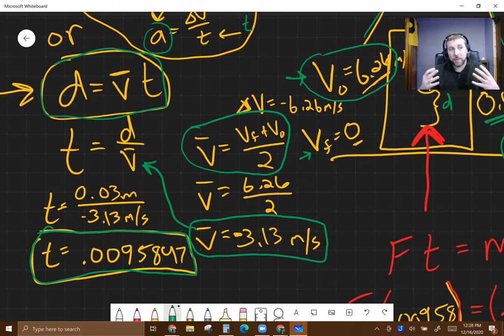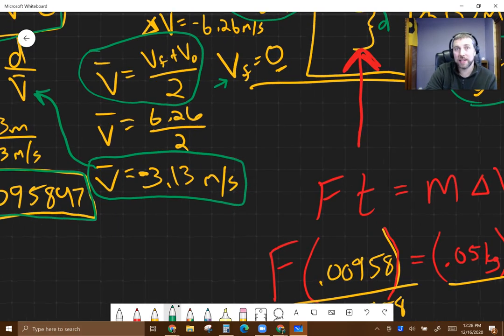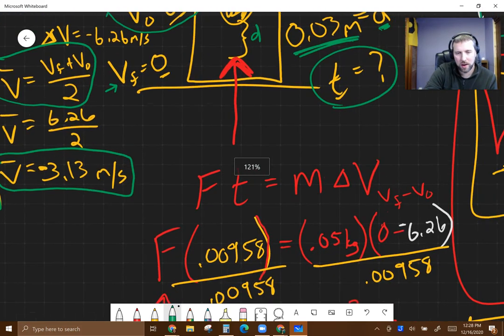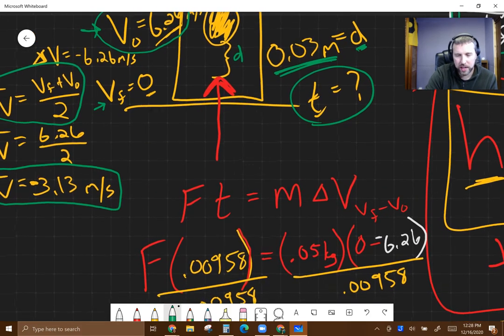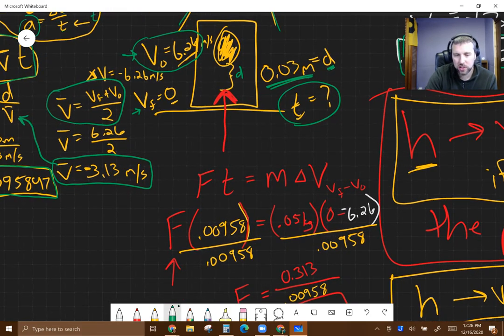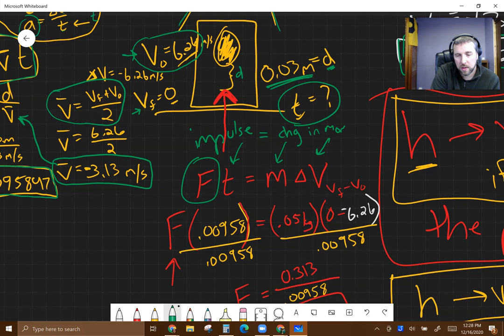Okay, so now we have a time. That's how long the crash lasted, right? To go from that velocity down to 0. And we're hoping it's not going to bounce, because if it bounces, that's going to be even more. Okay, so looking back at that crash, now that we have the time and we know the change in velocity, we Googled a mass for an egg, at least on average anyway. Now we can solve for the force, because the impulse, force times time during that crash, is equal to the change in momentum. So that really is a mass times change in